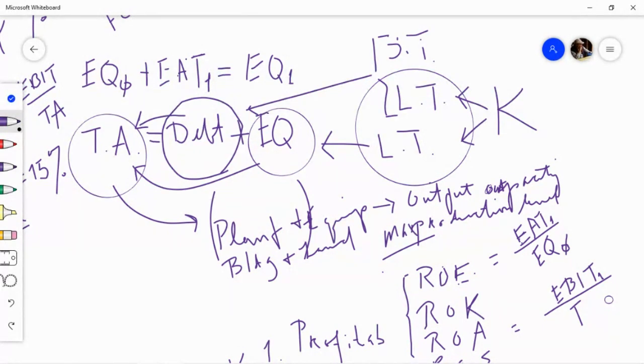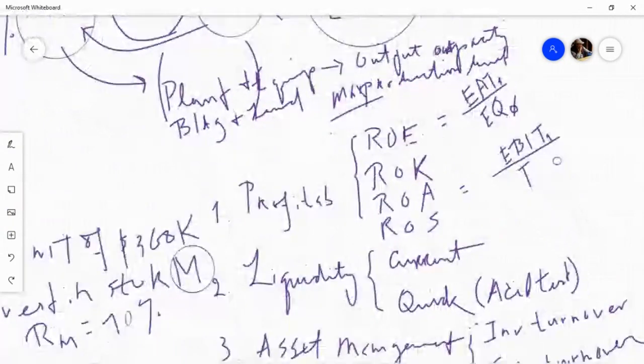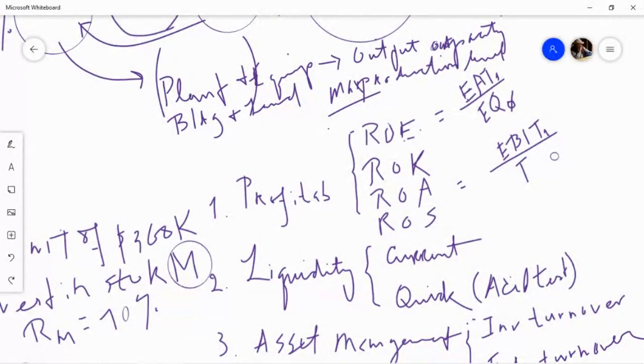So there will be a difference between return on assets and return on capital. Return on assets is EBIT, operating profit, over total assets, right? But return on capital is then